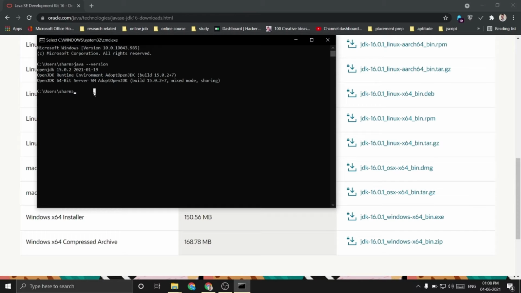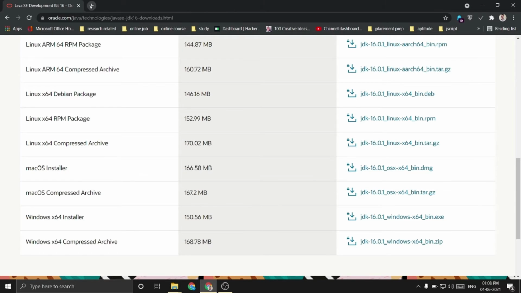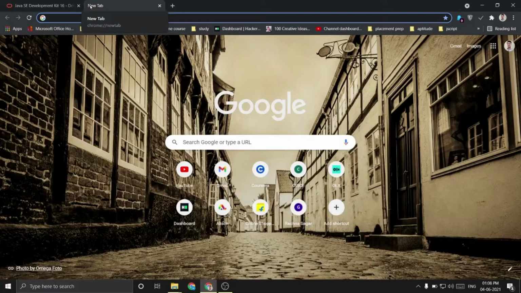Then after that we will check whether we have the Java compiler, that is javac space hyphen hyphen version. If this is also correct, then you are perfectly ready to execute some beautiful programs further. Just close this and think about which editor you will use in writing your Java code. If you are already using some good IDE, then it's good.